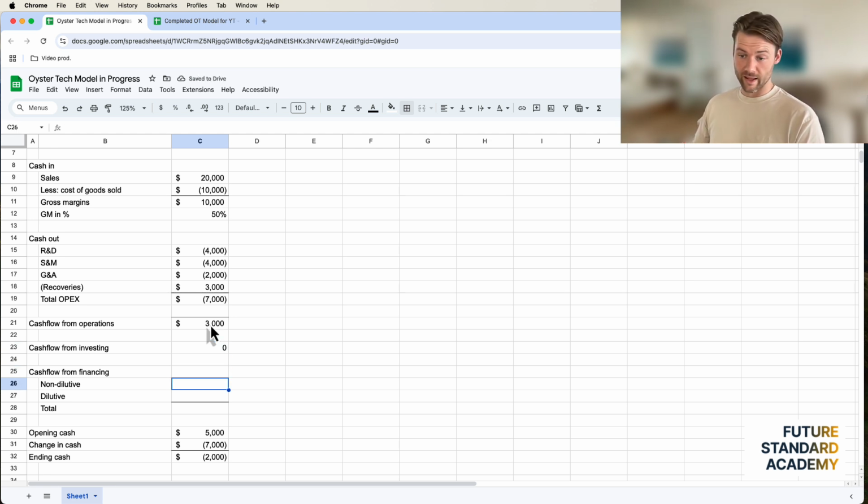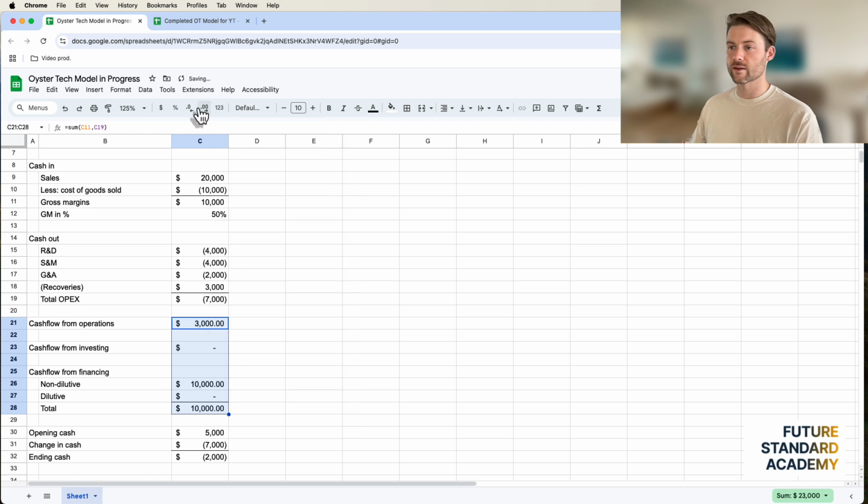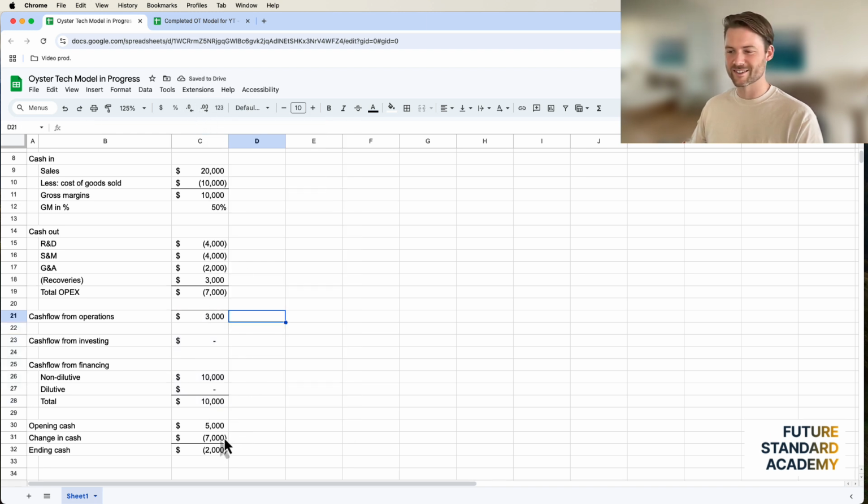From financing, so non-dilutive financing. This recovery here, if that was a payroll grant, could also be included here. Doesn't matter too much, but I like to think of the non-dilutive as the bigger grants. So say there was a grant that we got for 10,000, that's nice. And then the dilutive, that would be like a seed round, pre-seed round, whatever, from private capital sources. But let's say we didn't do that this time because we got this non-dilutive grant and we don't need to. And we're not going to dilute the company if it's not necessary, of course.